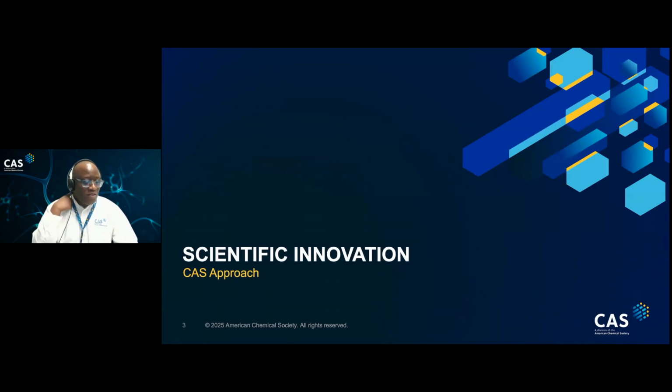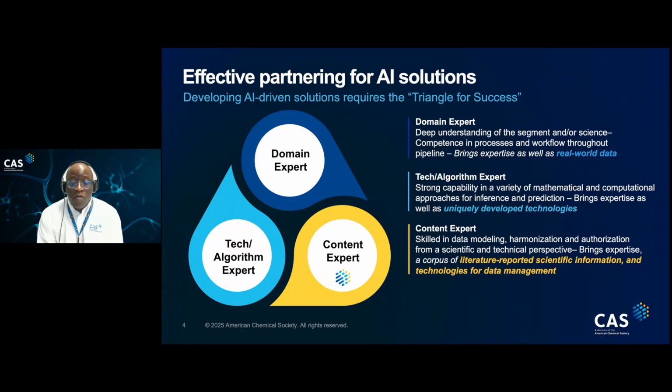And scientific innovation, CAS. CAS is the industry leader in content curation, information, and chemistry. We've been doing it for over 80 years now and are known for our registry of substance databases. Our scientists have been doing content curation, like I said, for over 80 years. We've been extracting value out of documents and registering chemistry information since the dawn of time. And we've been using AI and automated, I like to say machine assisted curation methods for a very